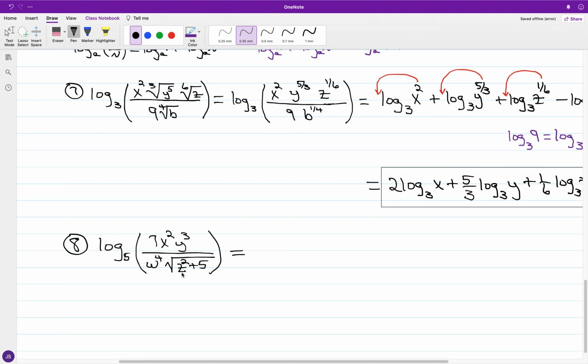And what I'll do here is I'm just going to rewrite the radical. Okay, so I have base 5 logarithm of 7x squared y cubed, and we have all over w to the fourth, and we have with the square root of z squared plus 5, we can say we have this binomial is raised to the 1/2 power. All right. And so looking at expanding,